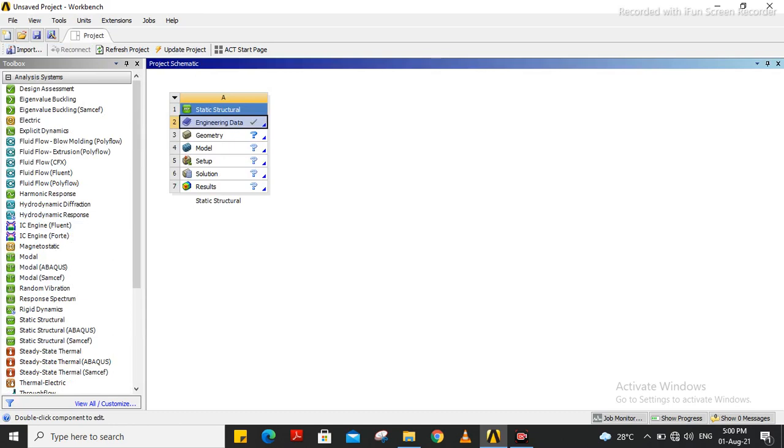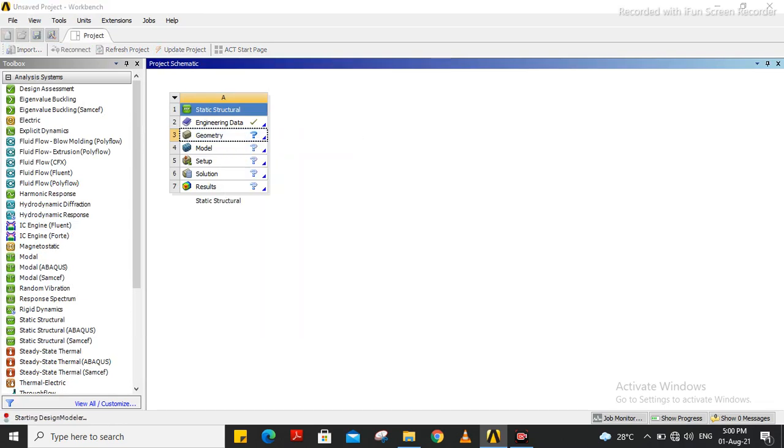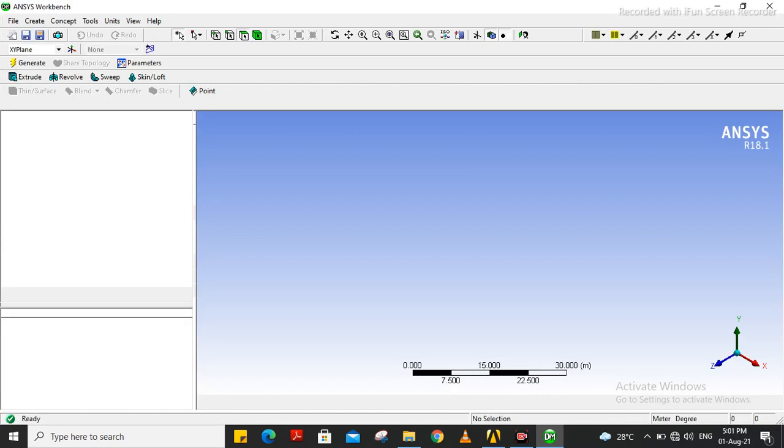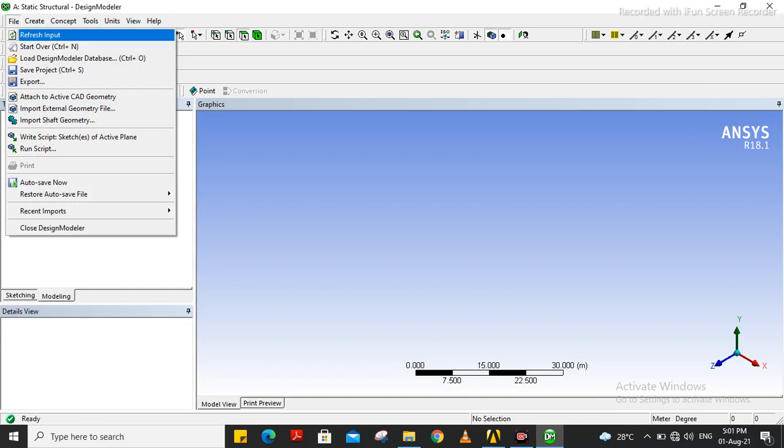Material data has been already taken, so we will go for the geometry. Click on geometry to open in the design modeler. Once I open this design modeler, we can import the geometry into it. So I will click over here, file, import external geometry file.